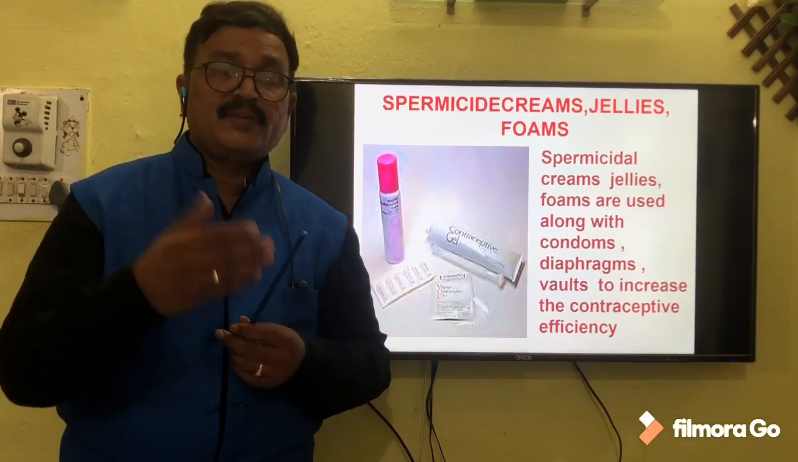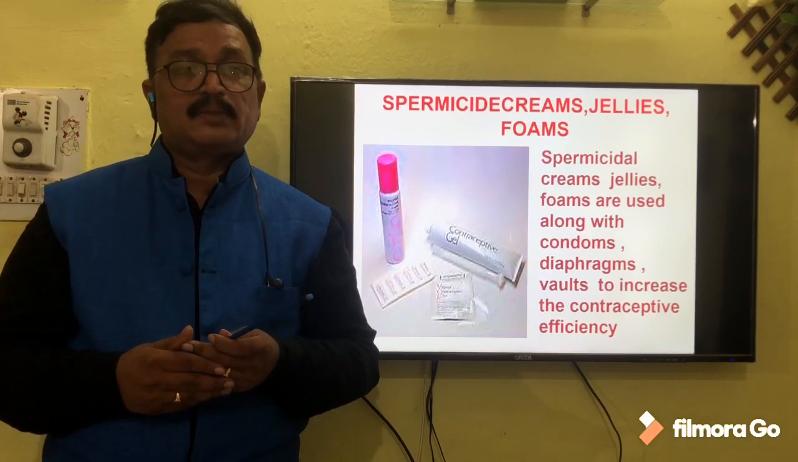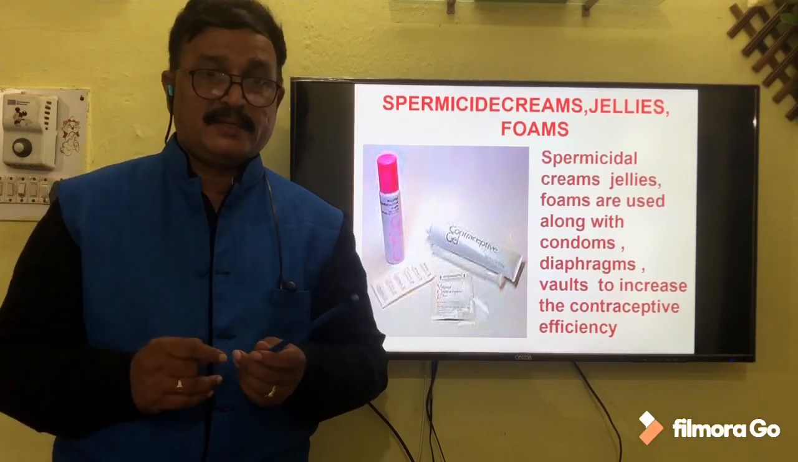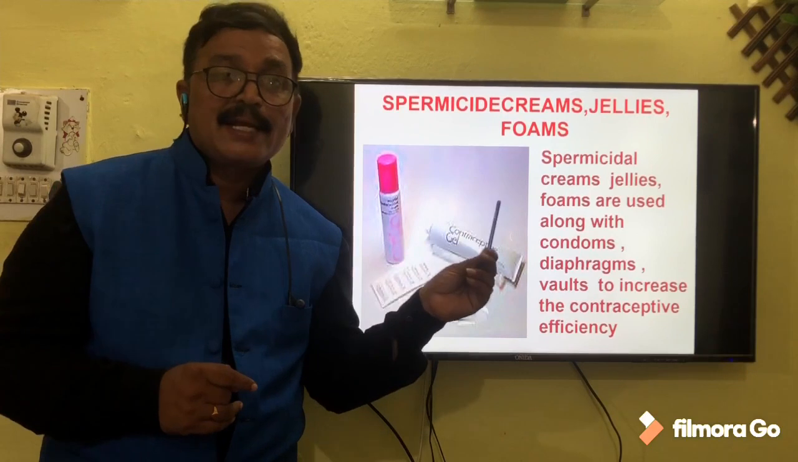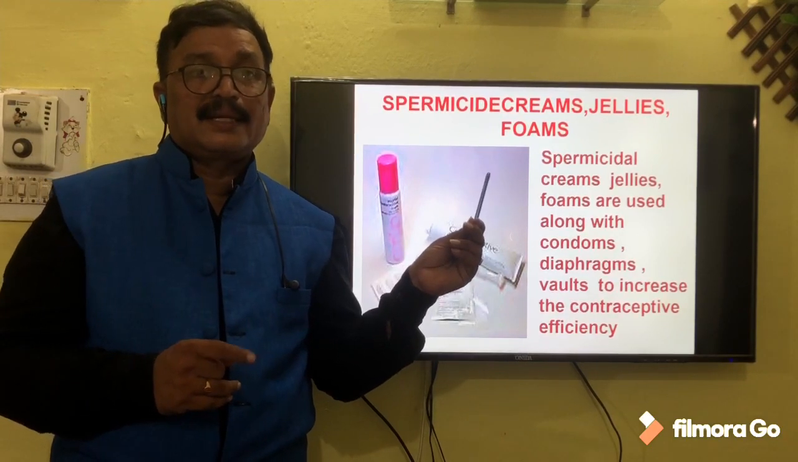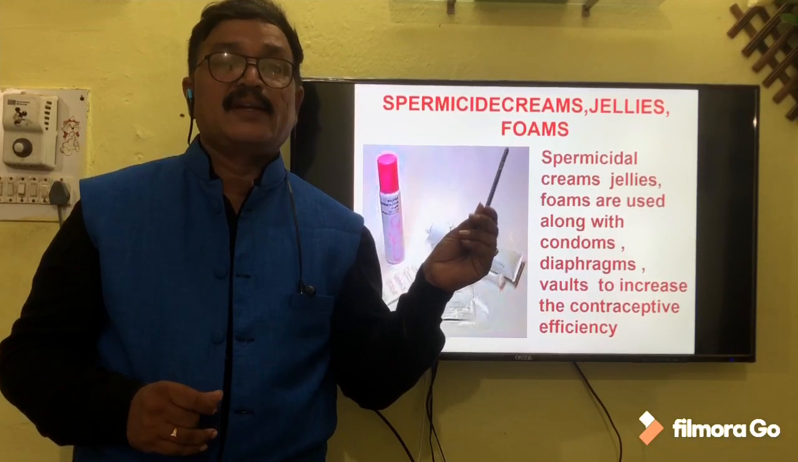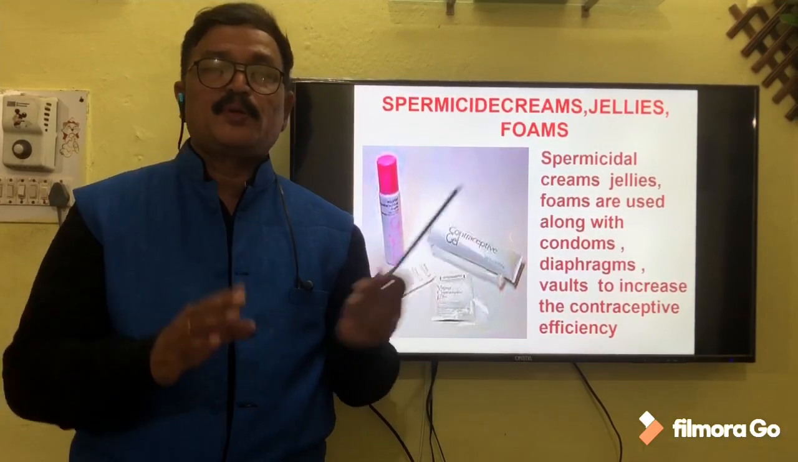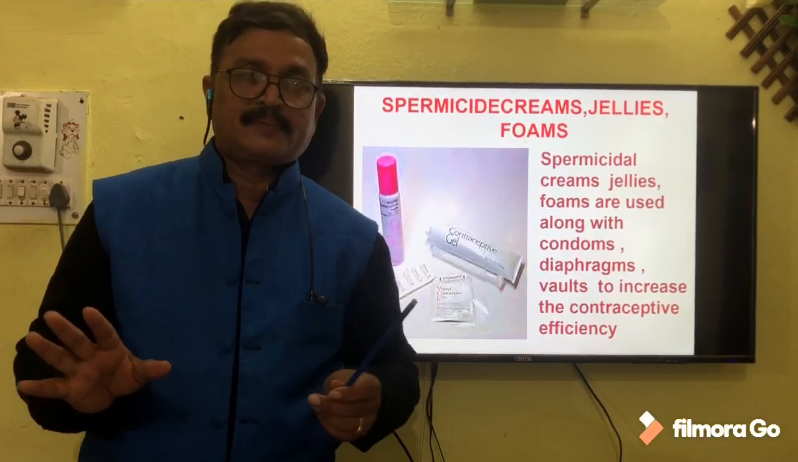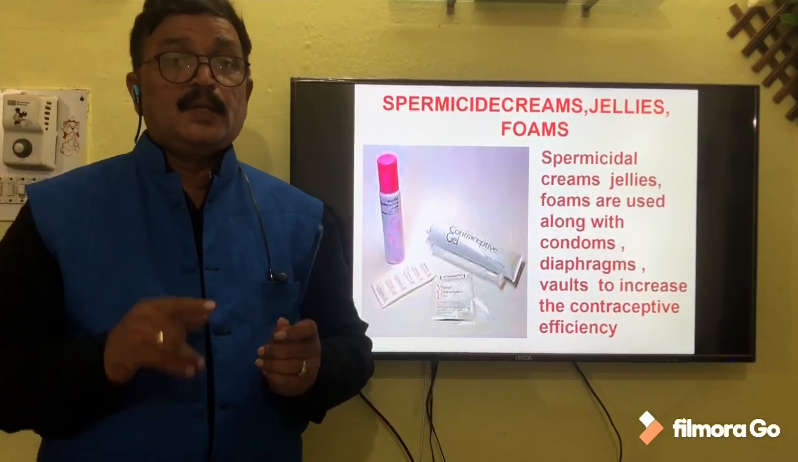Then after 1 hour, if she participates in sexual intercourse, even if the sperm is ejaculated, this chemical can kill the sperm cells so that the chances of entry of sperm cell into the fallopian tube will be almost remote. And some couples use